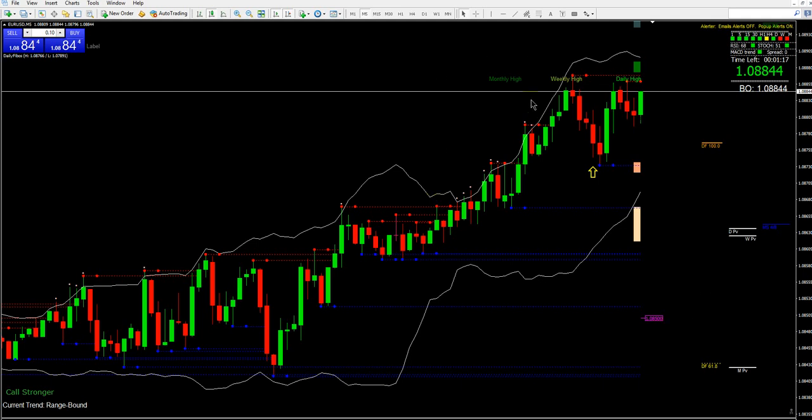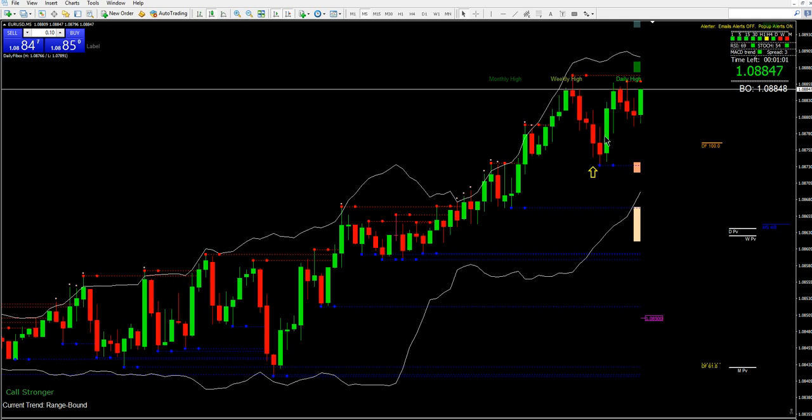Now, so we have an upwards trend. It dropped, moved up, dropped, and moved up. This was a news candle, I believe, right here. Actually, this was the news candle area, but this was within the news candle area that moved it up.